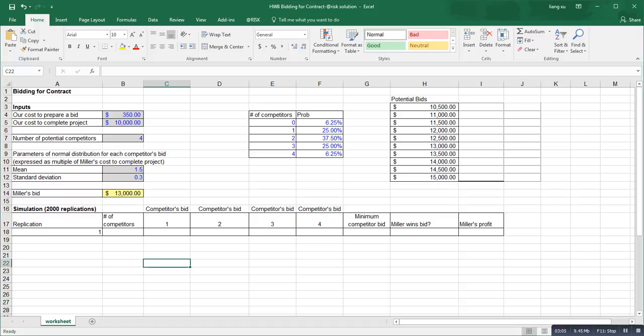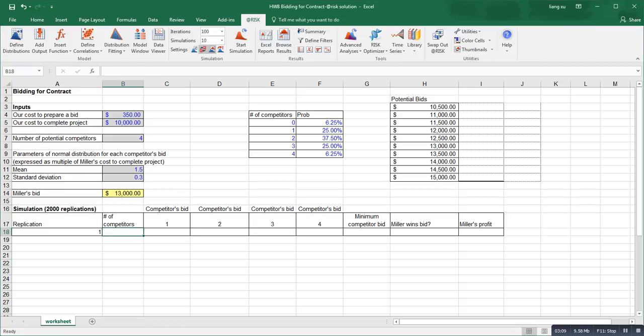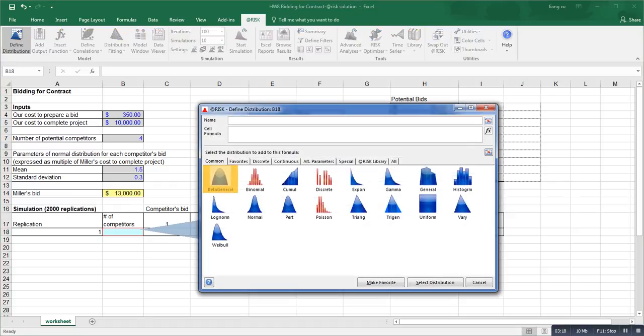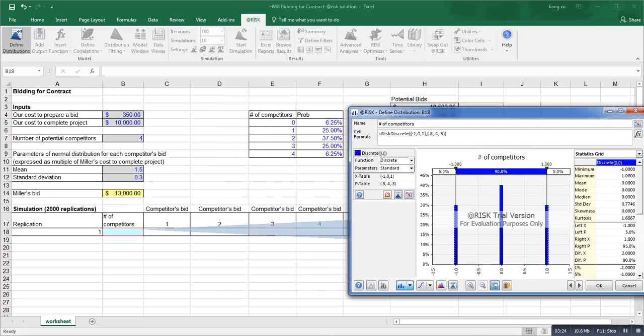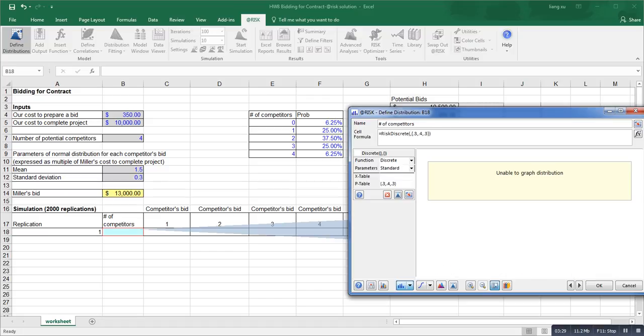The first thing we're going to do is generate the number of competitors, which follows this distribution. So let's do that first. It follows a discrete distribution for the number of competitors. As you see here, there are 2 sets of parameters. First is the possible values of competitors, which is from E5 to